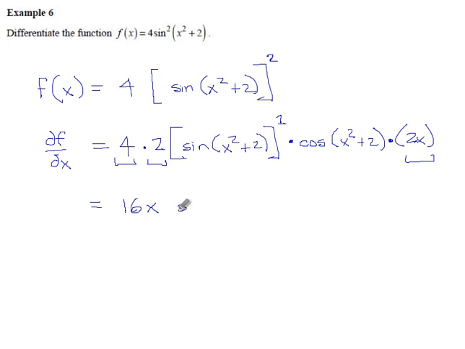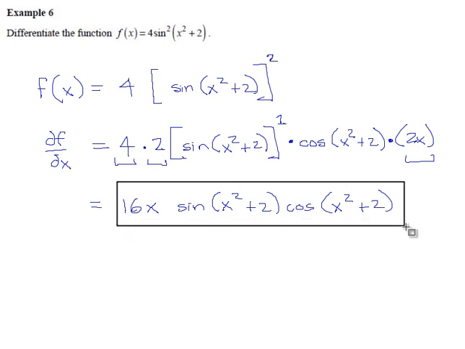After that, we have sine of x squared plus 2, to the first power, so we no need to write that. And then we have cosine of x squared plus 2. And I think that's a good place to stop. There is a trig identity we could use to compact this down, but I don't think it's worth it. Okay, fine, I'll show you. This is a perfectly good place to stop, but in the solution in the book, just in case you're wondering,